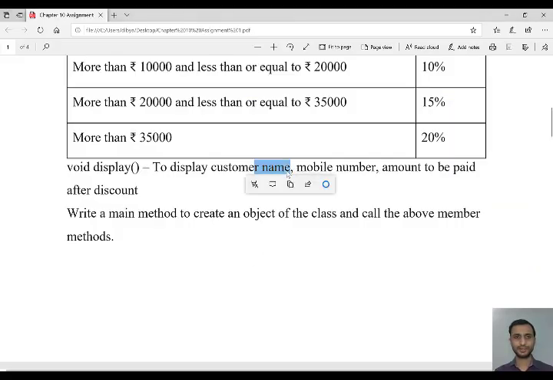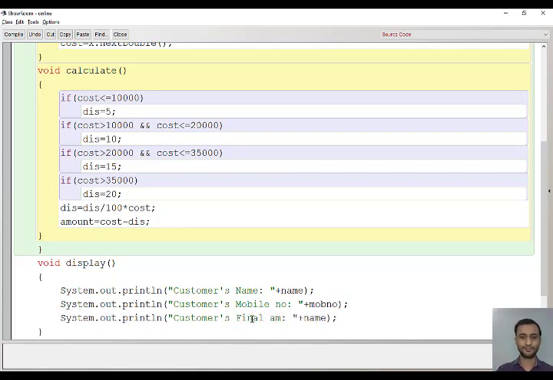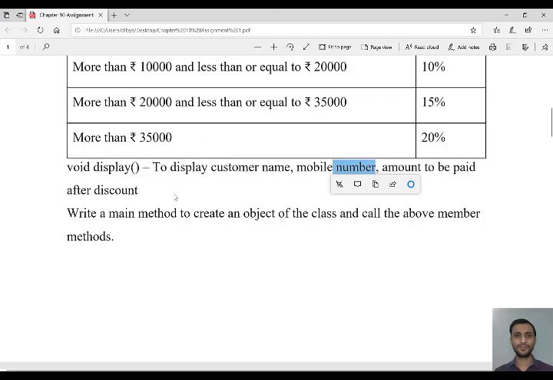It is asked customer name, mobile number, and amount to be paid. It is in MOBNO. Customer's final amount. You can print final amount in rupees is present in the variable amount. Okay, display part is done.